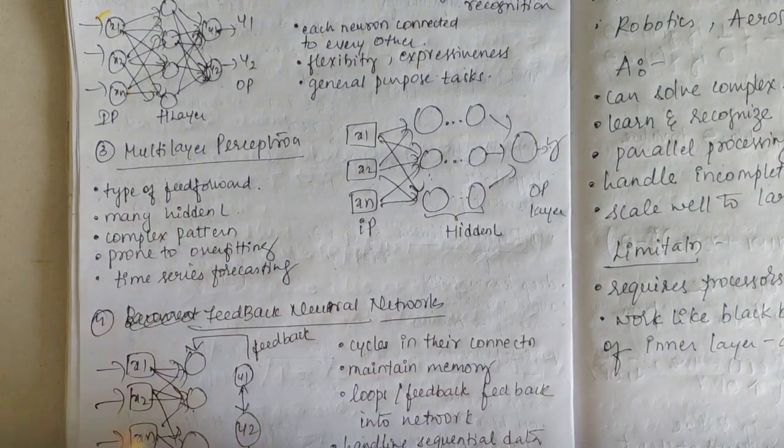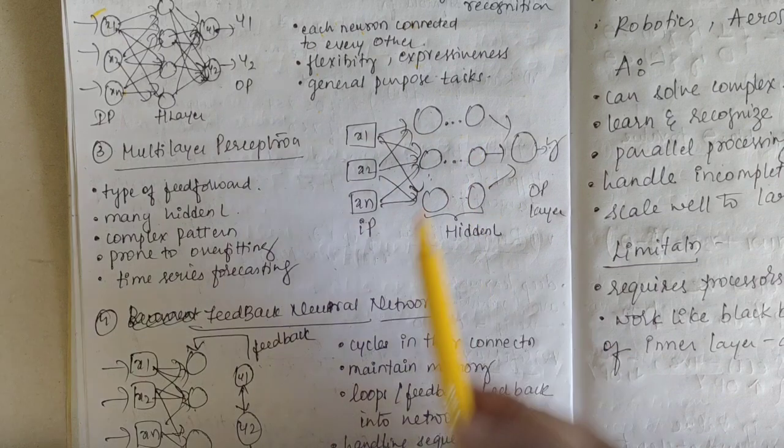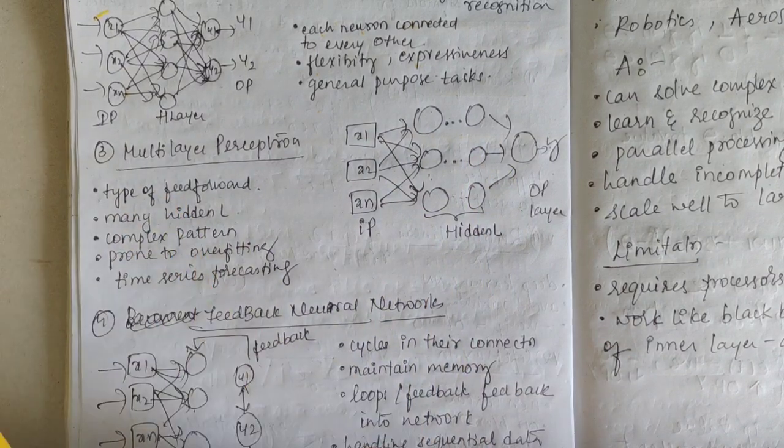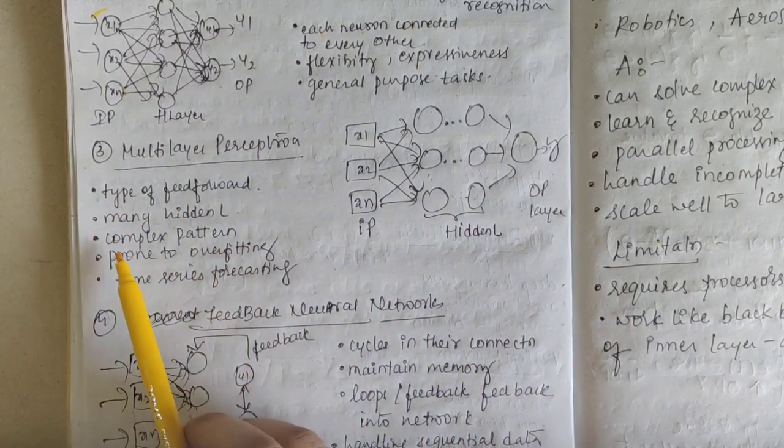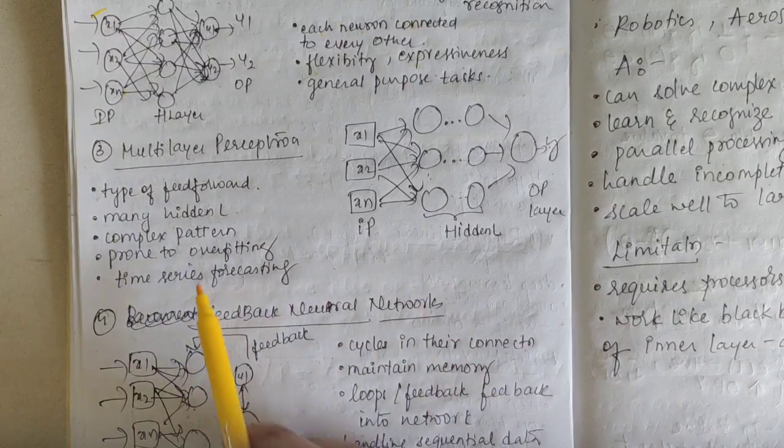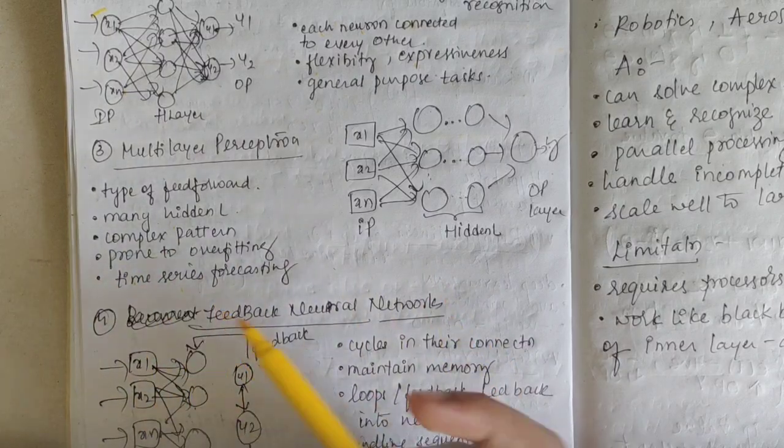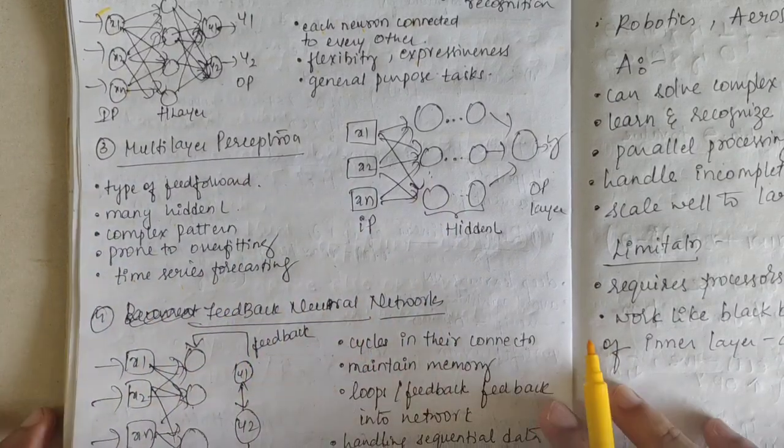Then we have the multi-layer perceptron. In this, there could be many hidden layers. It is a type of feed forward network in which there are many hidden layers. So this is used to solve complex problems. It is prone to overfitting. It is used in time series forecasting. Then we have the last one,